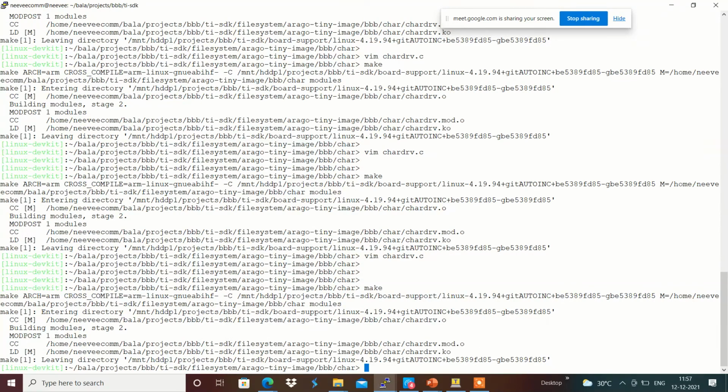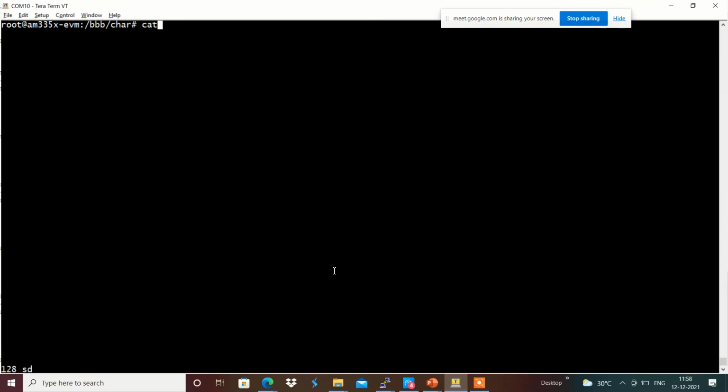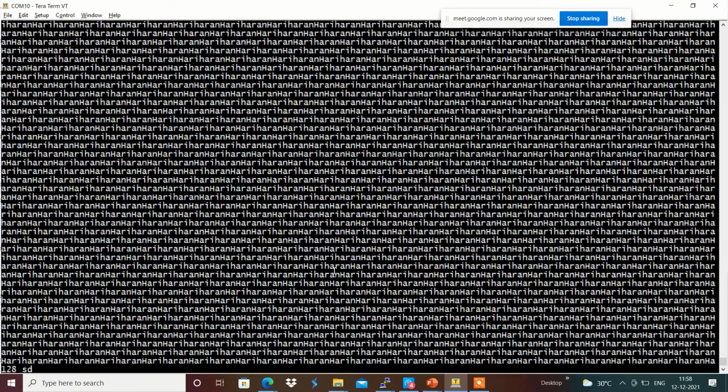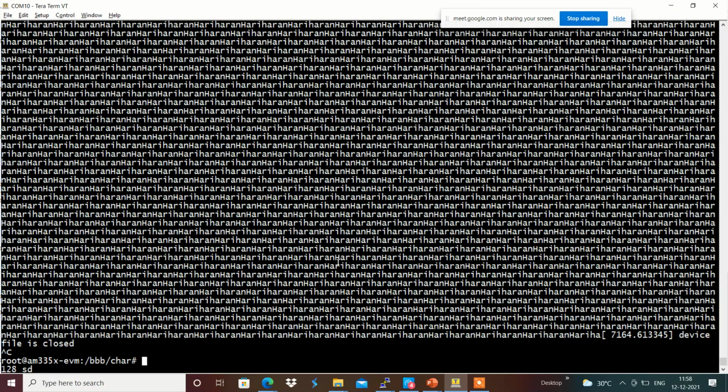Now if I read with the help of the cat user space application, I'm going to insmod character drv.ko and cat the device file over here, which continuously provides Hariharan like that.